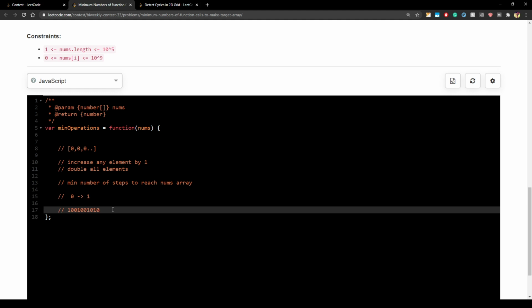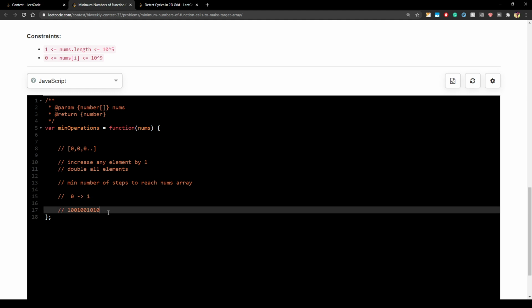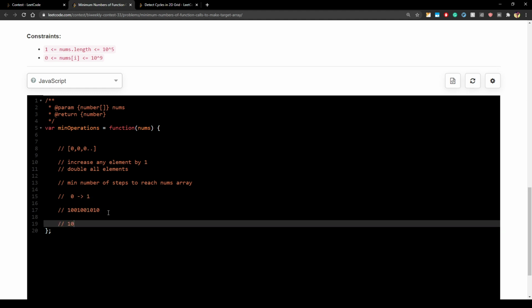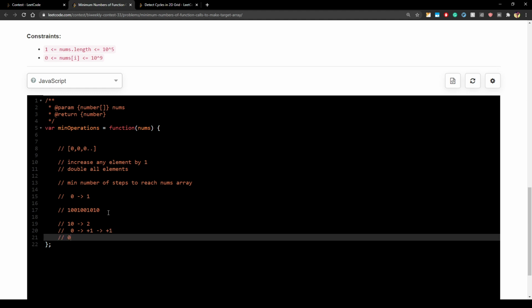So the fastest way to make this number can be like, one is you can keep adding 1, right? So suppose let's start with a small number, so 1 0. This number is actually 2, right? So you can form this number using plus 1, so you start with 0, then you can make it 1 by doing plus 1, and then you can again do plus 1, right? But the other way is also this: you add 1, but then you multiply by 2, right?